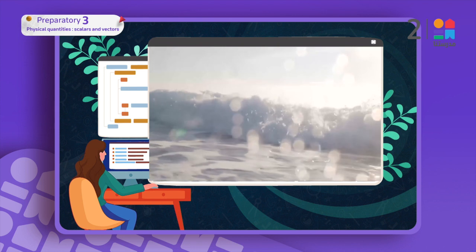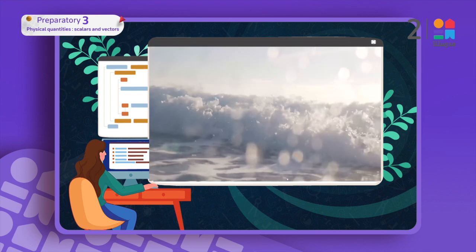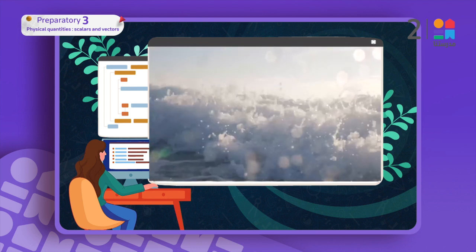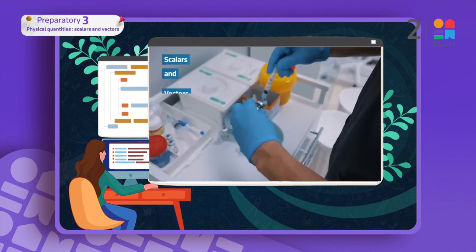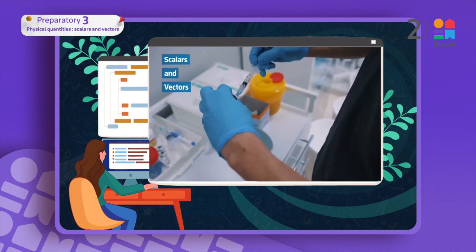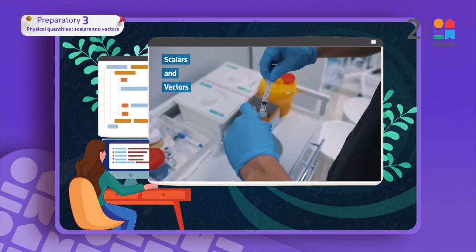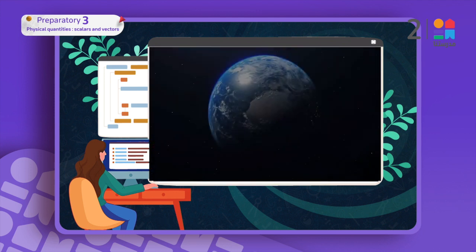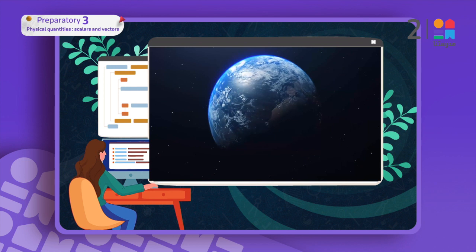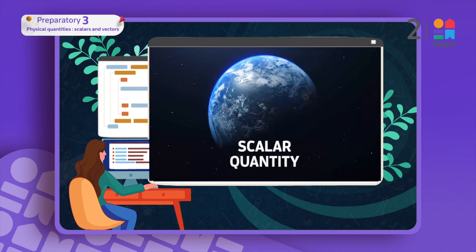The many physical quantities in our world have been divided by scientists into two broad groups, scalars and vectors, and it's important to be able to distinguish between them. Scientists use the word scalar